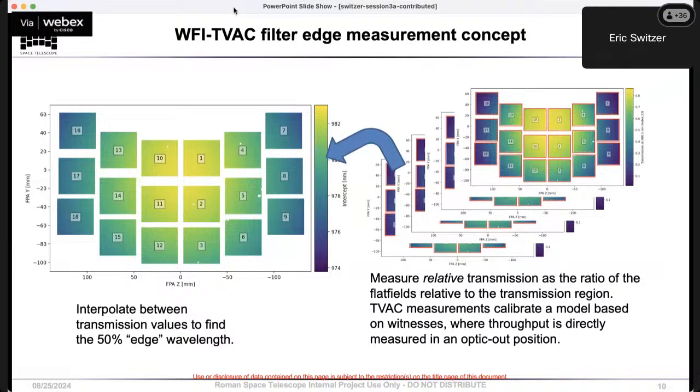The measurement proceeds by gathering a data cube of these mosaics as a function of wavelength. You can ask at what point those pass through their 50% point, and that's the pattern retrieved on the left that shows the edge wavelength, the 50% edge across the field. This is a relative measurement, and the throughput is derived from the element level measurements that have a filter, an optic in and an optic out. So that's from the ground, and then in flight, that will be superseded by the calibration sources.